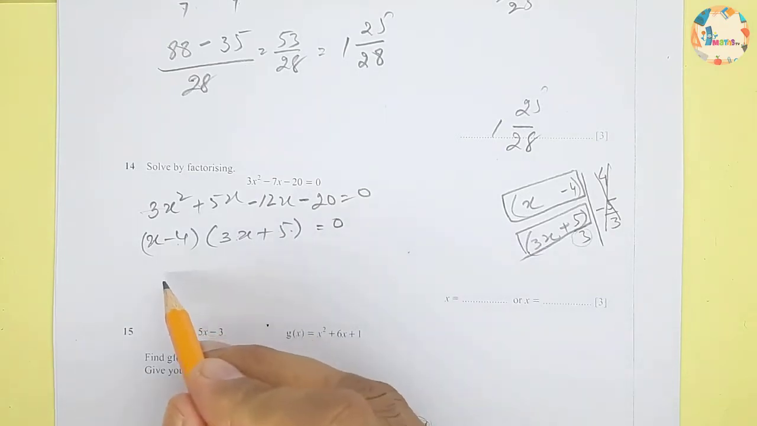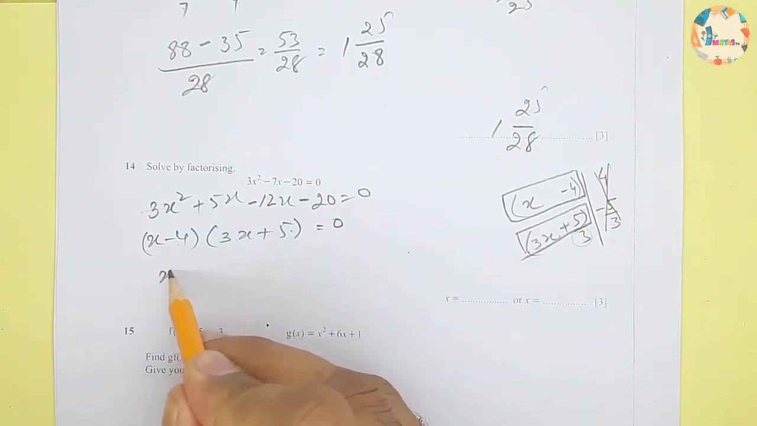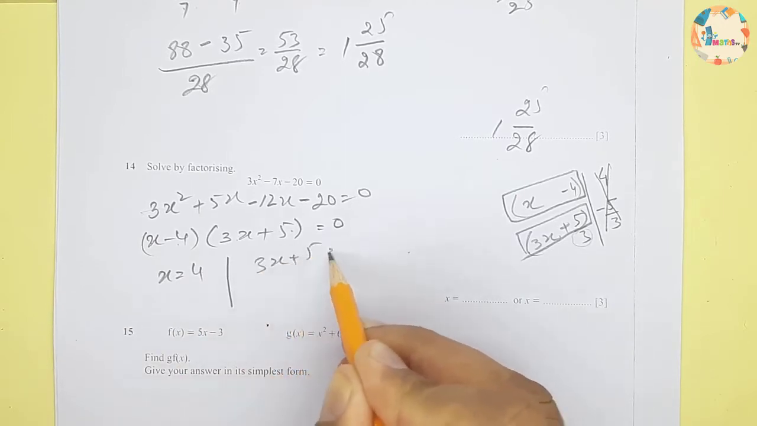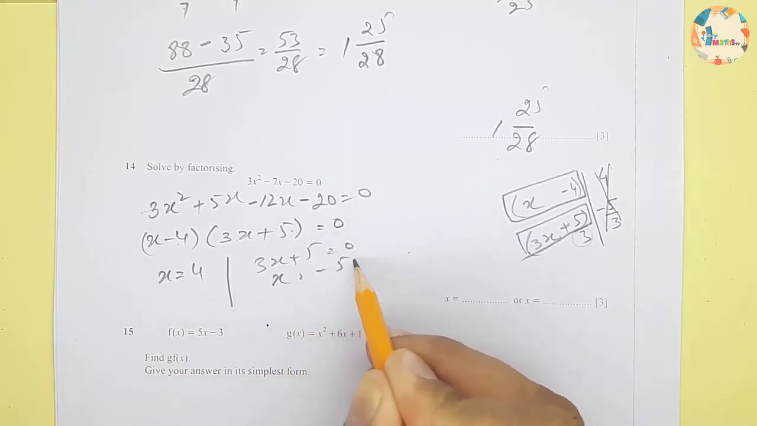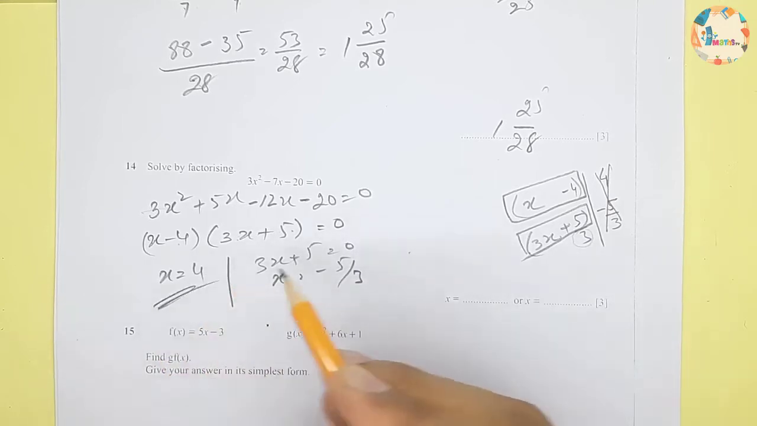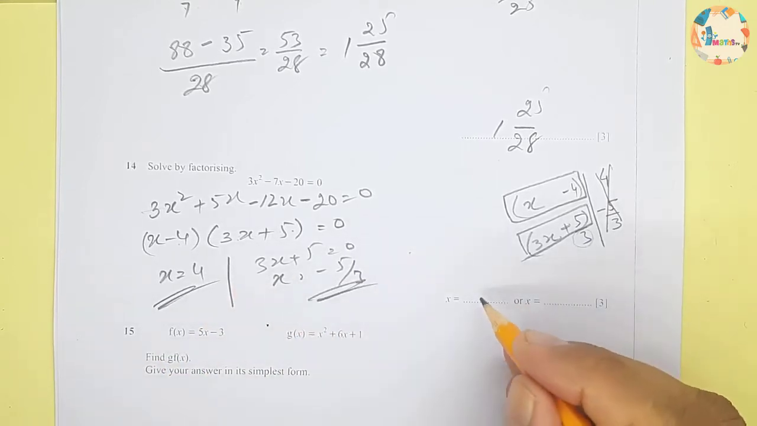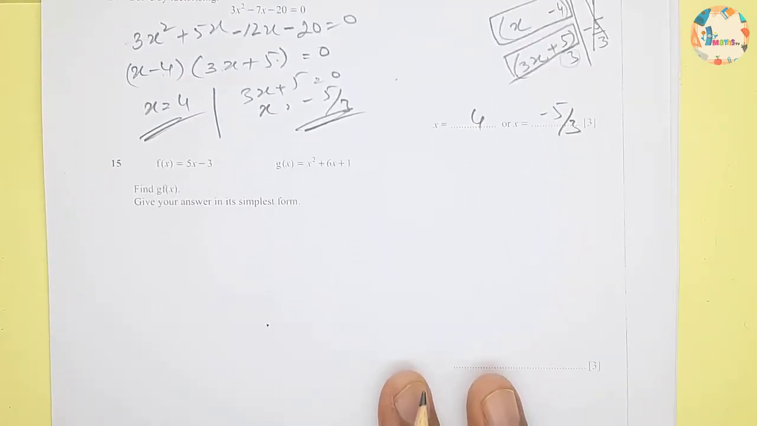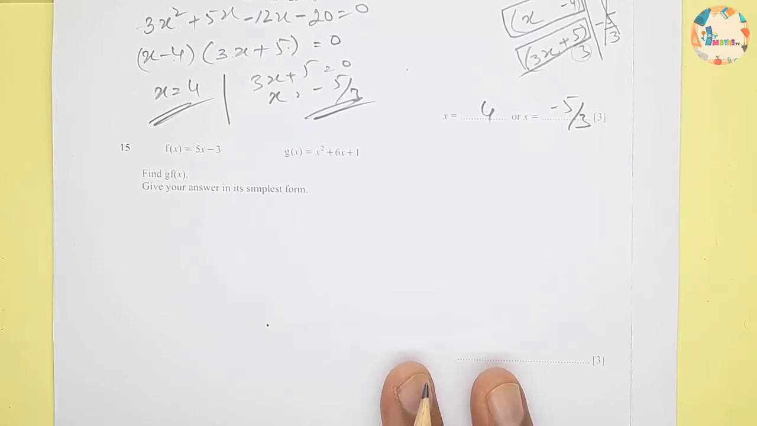So next step will be finding value of x. So x is equal to 4, or 3x plus 5 is equal to 0, so x will be equal to -5/3. So this one and this one will be your answer. So we will write over here, this will be our answer. Hopefully you understood this. Next, question number 15, f of x is equal to 5x minus 3 and g of